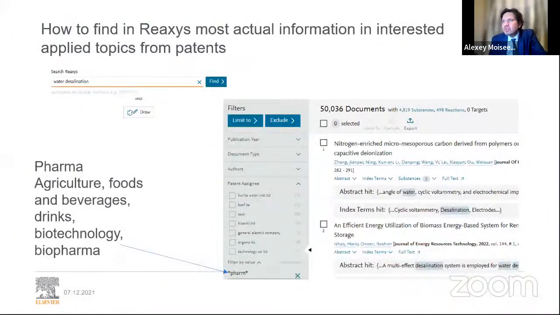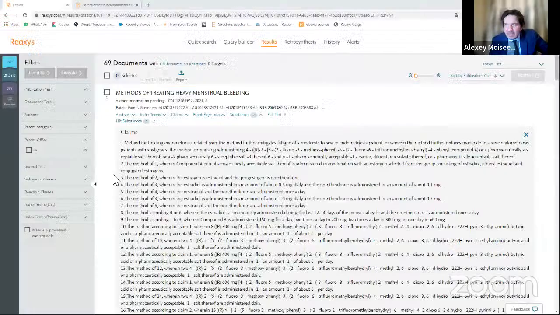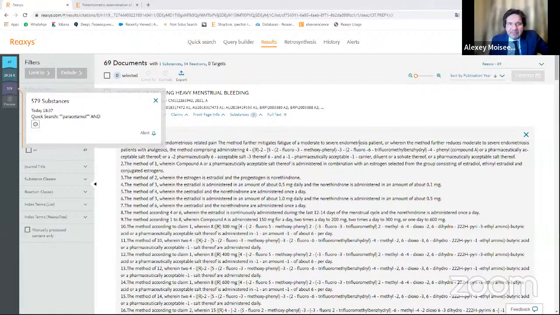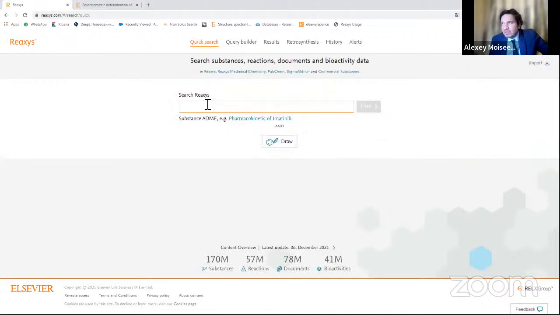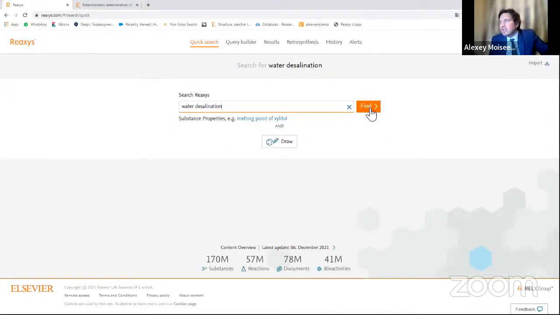And also I want to show you one life hack, how to use Reaxys to find very applied information about chemistry. For example, you're interested in water desalinization. There was an interesting webinar about water desalinization, which we created together with my colleague Piotr.